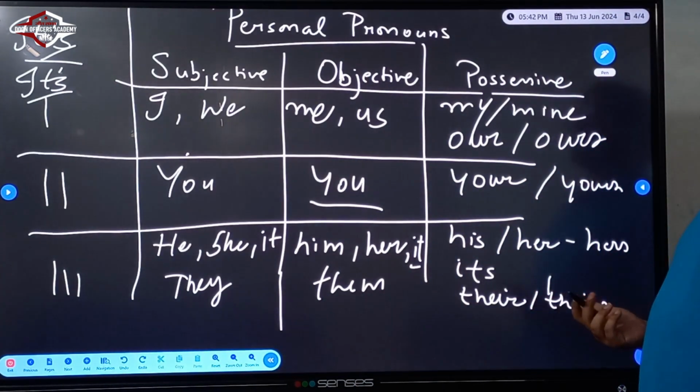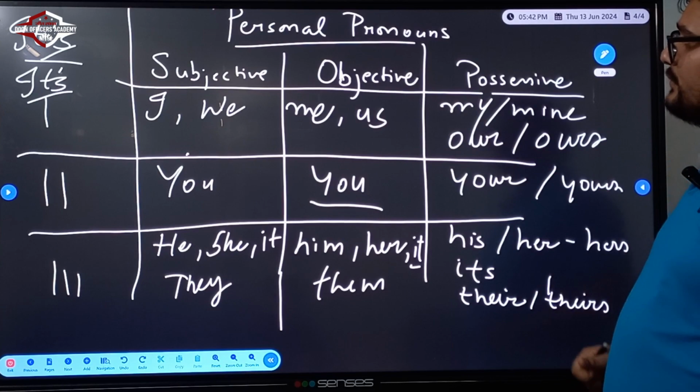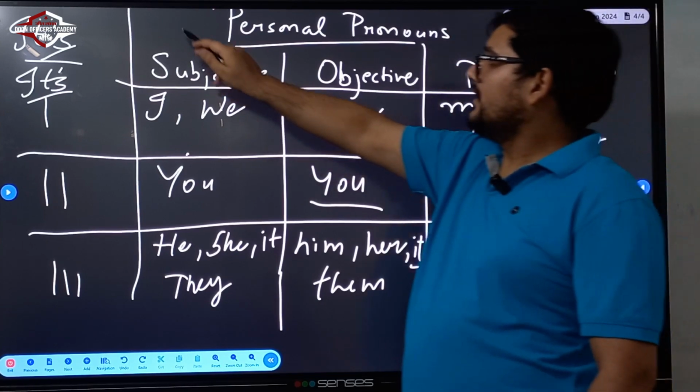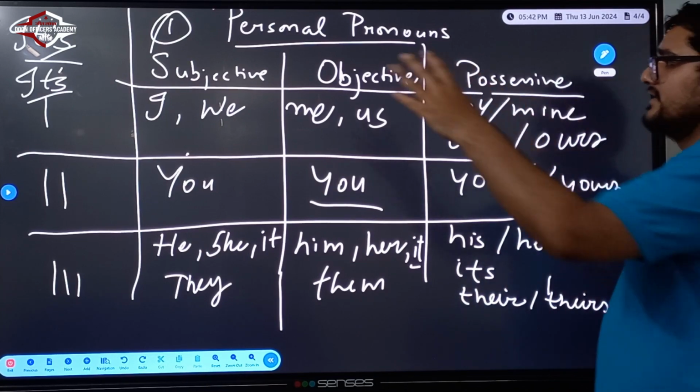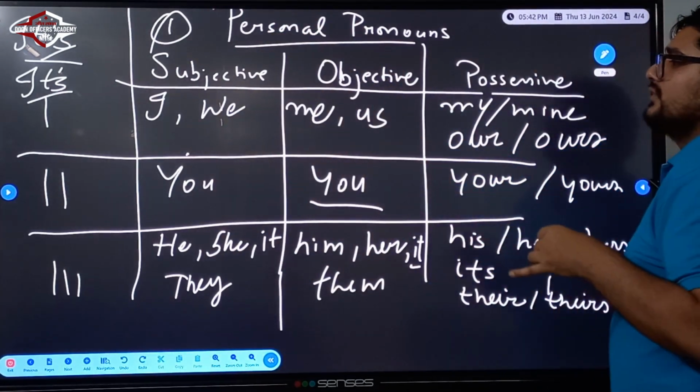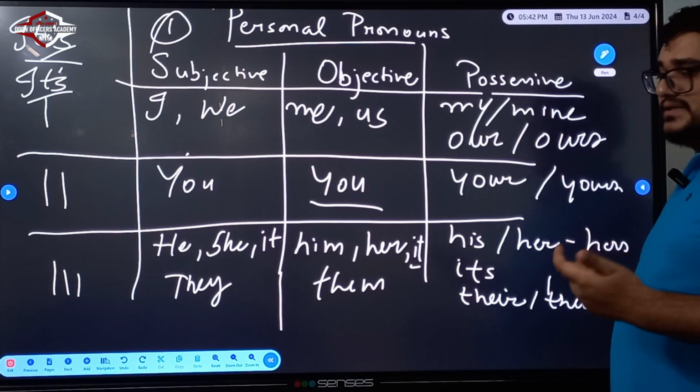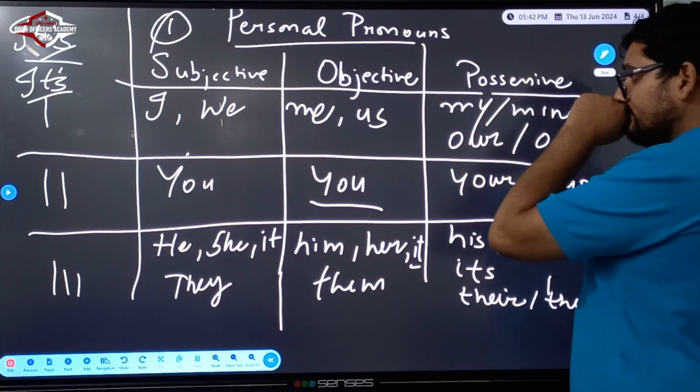And then I told you about the subjective case of pronouns, personal pronouns. This is the first type of pronoun, personal pronouns. Under this we see three cases. The subjective case, that is when the pronouns are the subject of a sentence, or when those are the doer